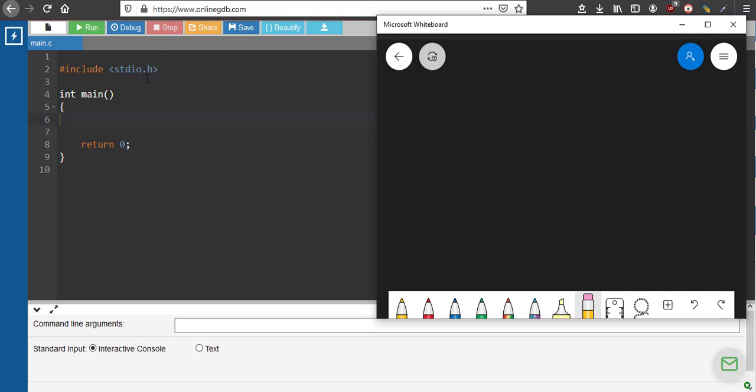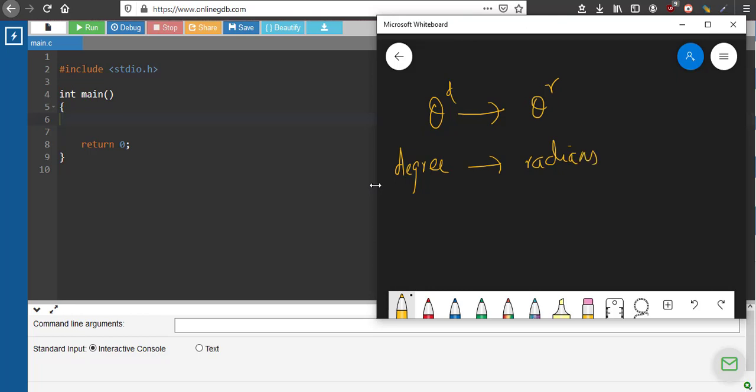So the objective of this function is to take an angle in degrees and convert it to an angle in radians. So how do we do this?